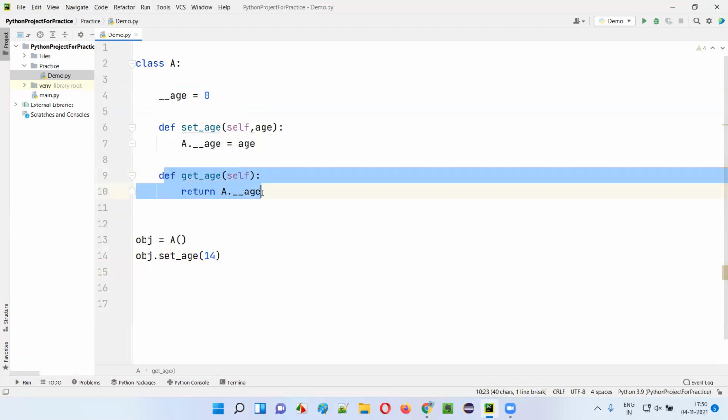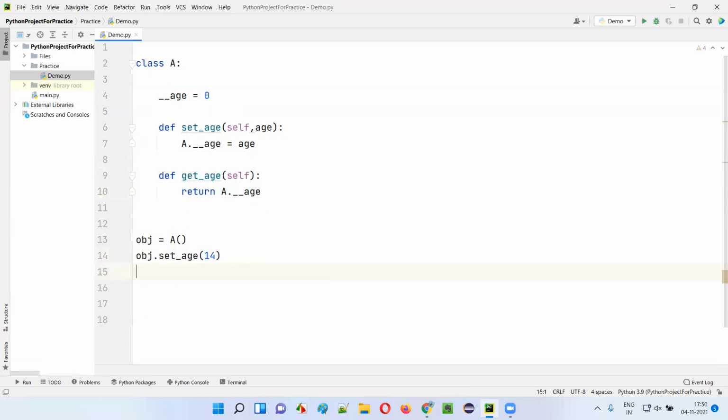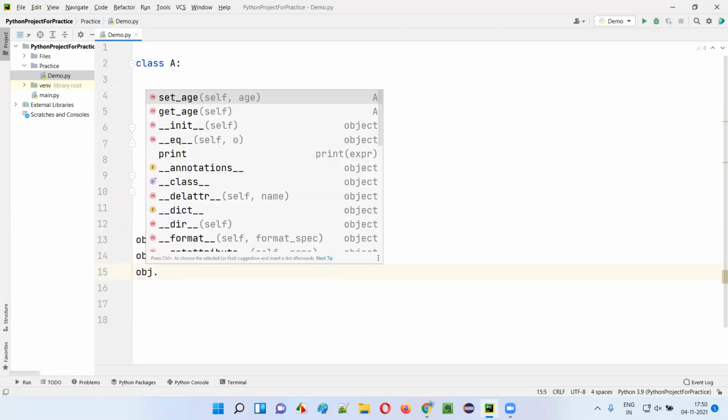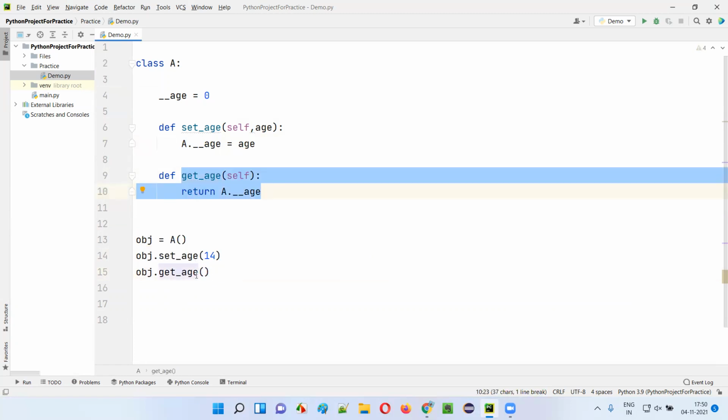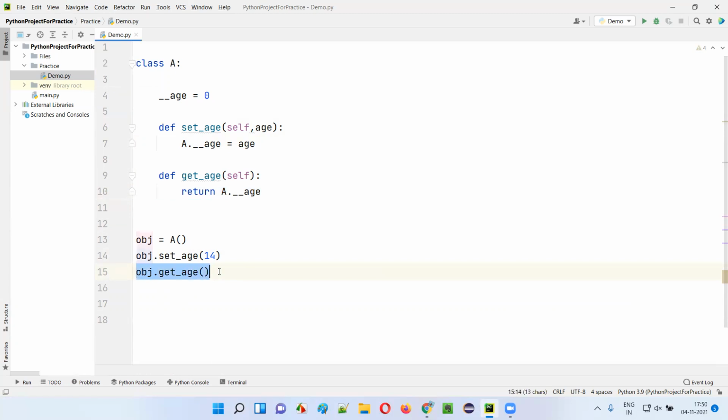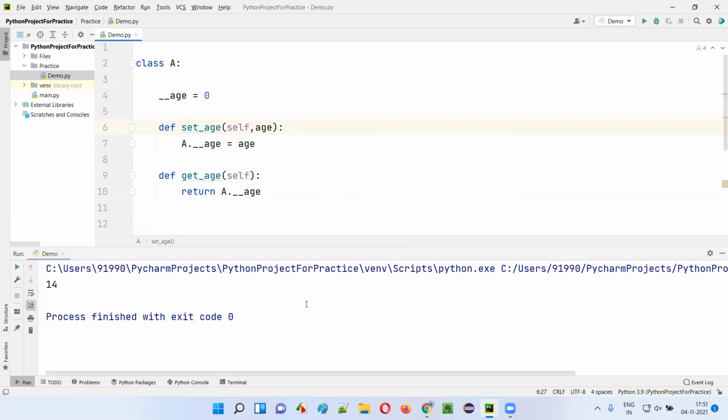And now if you want to get the current age, whatever age was latest assigned to this private variable, outside the class, I have to say object dot get age. This is another non-private getter method, get age. That's it, guys. This will give you the age. Let's print the age returned by this get age method. Here we are returning the age, right? When you call this method, it returns the age, and that particular age we are printing here. Run this code. You see, 14 got printed.